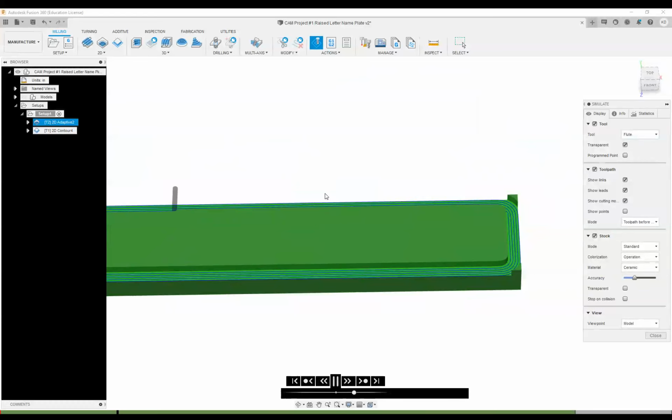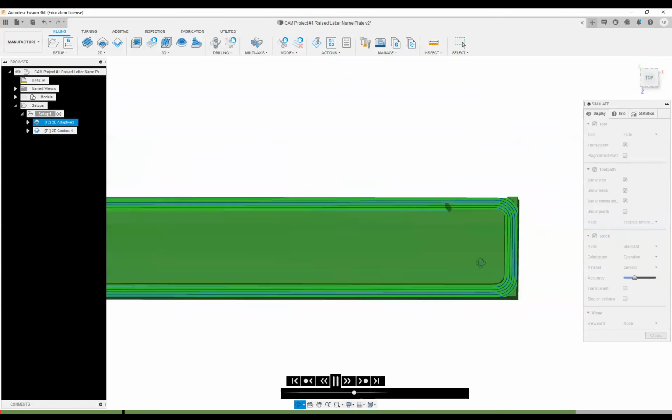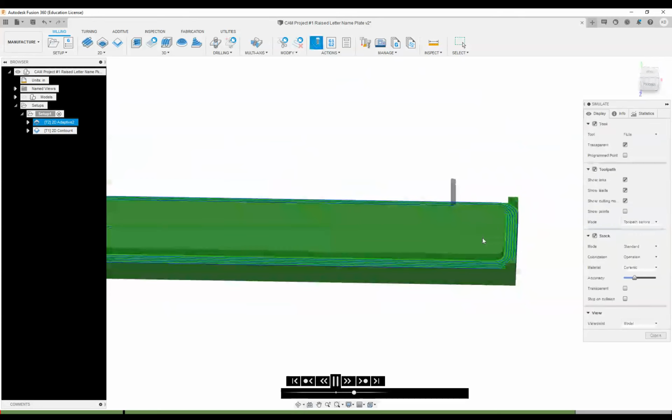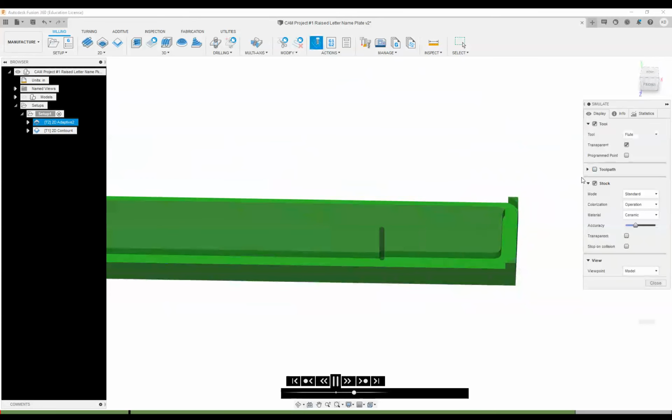I could go down to just the flutes of the cutter, and that gives me a better idea, a little bit less obstructed, especially if we were doing some fine detail work. I can take out the toolpath to simplify it a little bit. There are some options too if I want part of it. The material itself, there's some options where if the green doesn't really suit you, then there might be